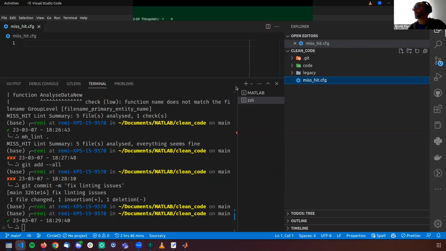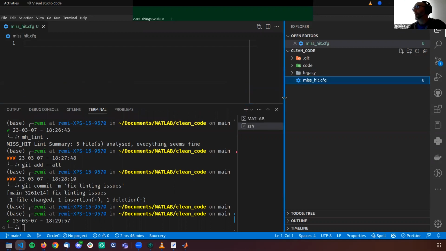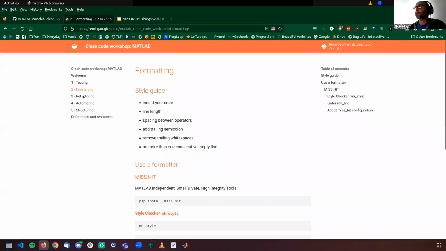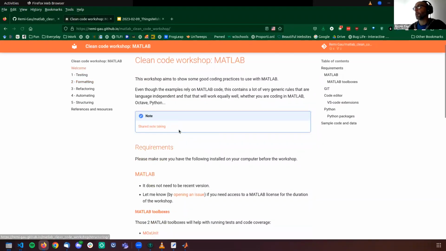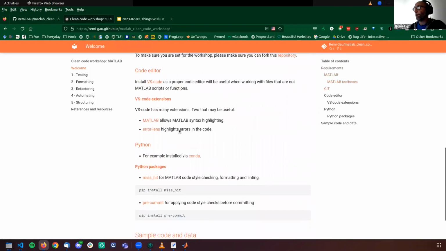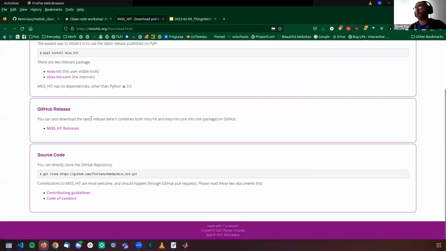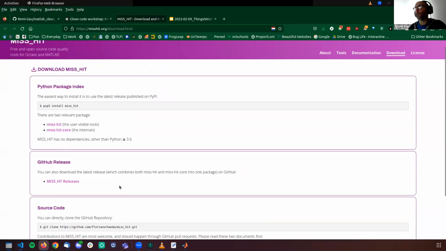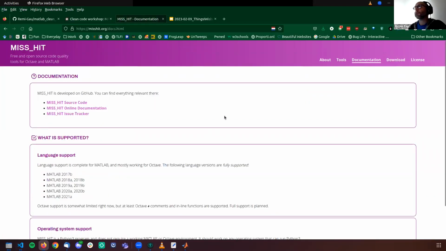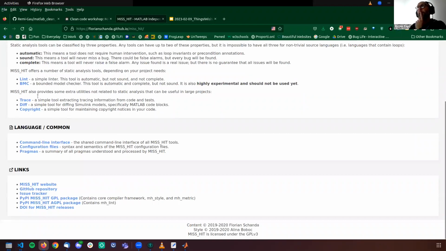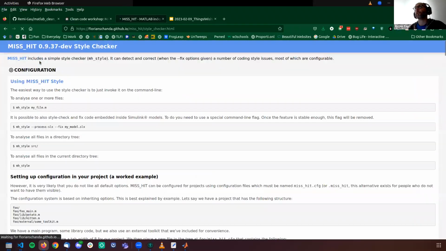And if you do not remember what goes into the configuration file for mishit, what I suggest you do is go to the website of mishit and try to figure out where in the documentation they have information about their configuration. So, which one is it going to be? The linter style checker, for example.